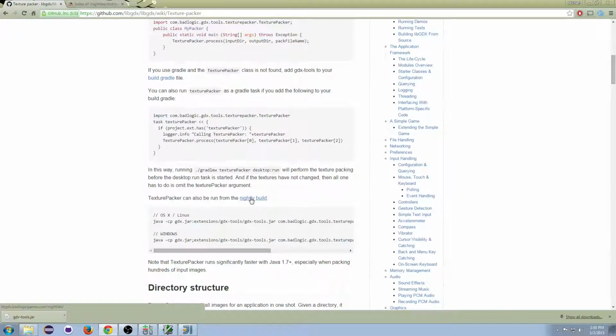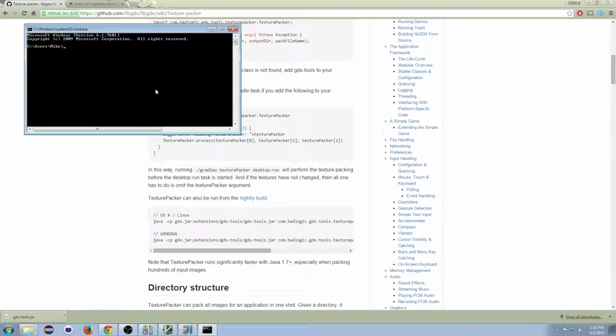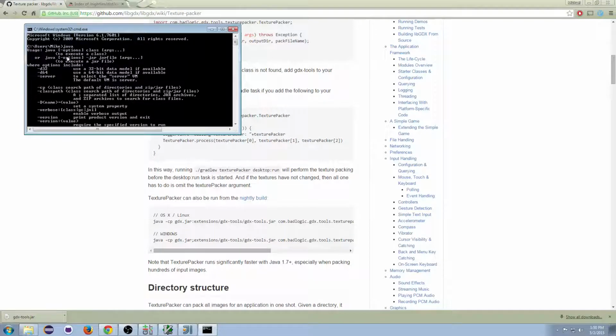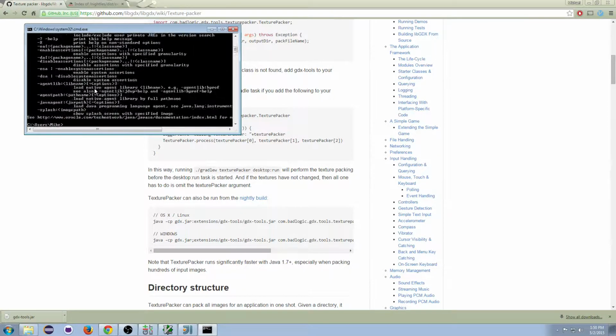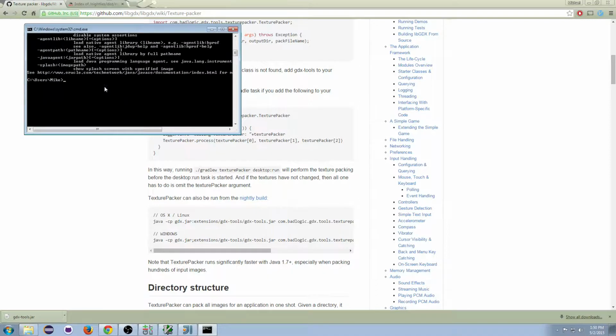So let's get started with that. First thing you want to do is make sure that when you go to a command line and type in java, your system knows where the Java executable is. So just to verify that, open up a command line, and if I type java here, you should see some stuff show up, like how to use Java. That means my system knows where Java is, and I can run Java commands from the command line. So you want to make sure that you have that. If you don't,